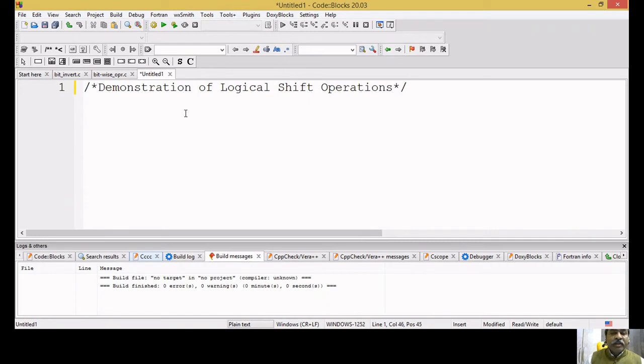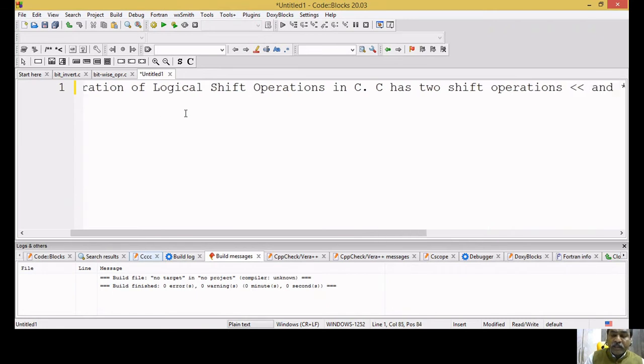Never leave it open, right? In C, see, the color has not changed. After compiling only, it will change, right? C has two shift operations, left shift and right shift.